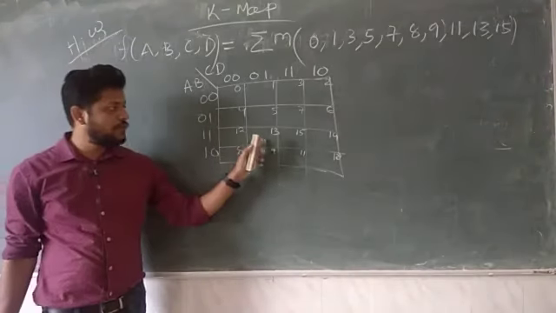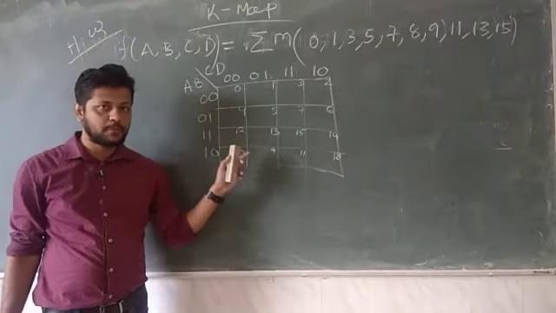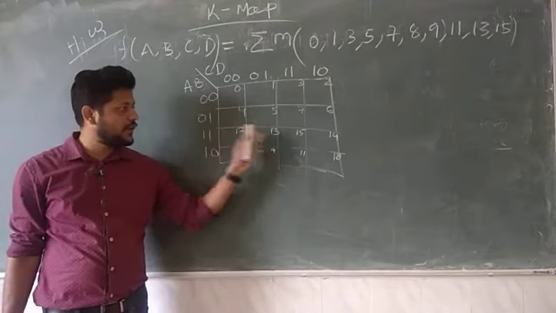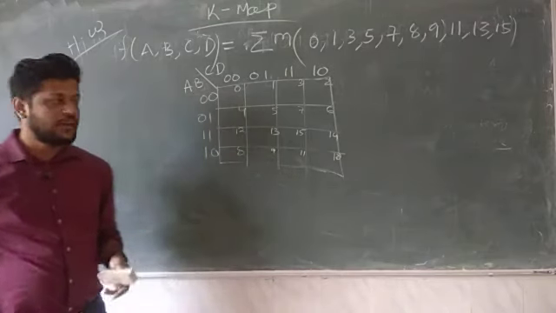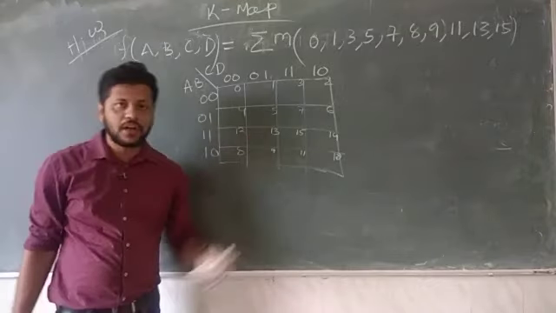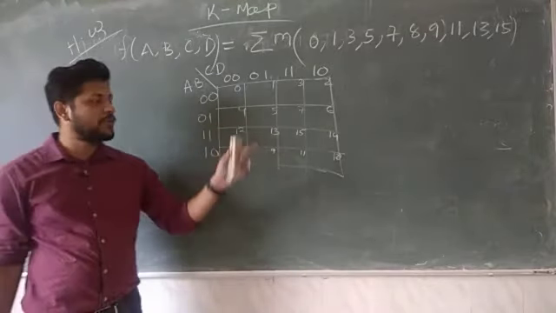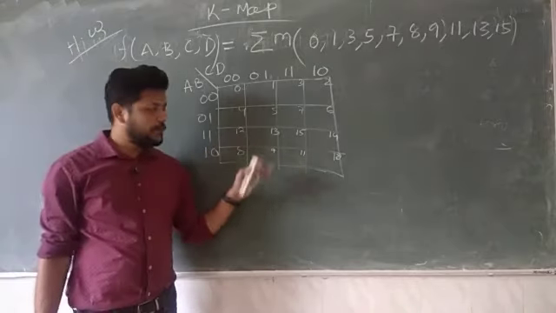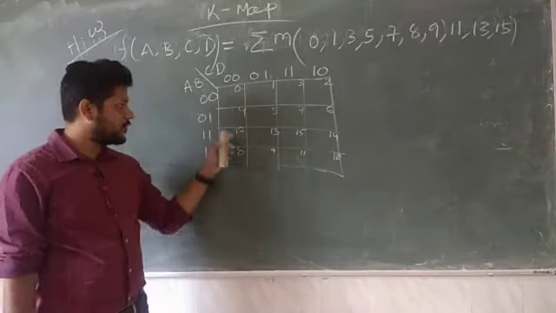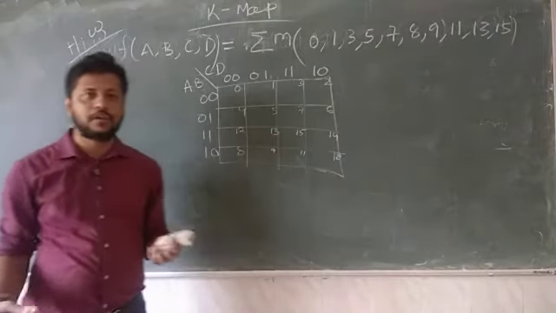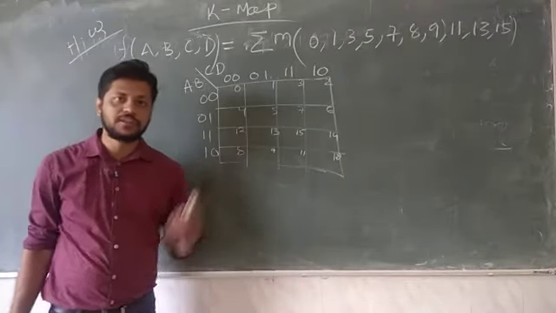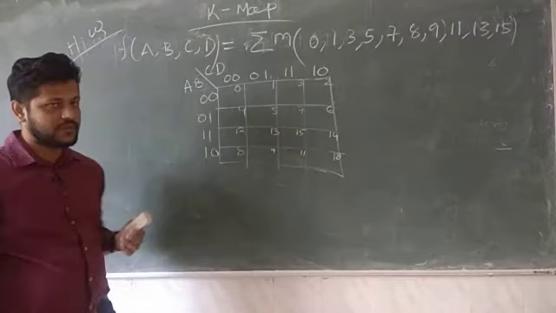You need to be careful here. Students generally make a mistake here. They always make a mistake. They write 8, 9, 11, 10 in a hurry. They write 8, 9, 11, 10 in the third row, 12, 13, 15, 14 in the fourth row. But as I have already told you, why is this 12, 13, 15, 14? Because we are using gray codes. What is the benefit of using gray code? Because the consecutive cells differ by only 1 bit.